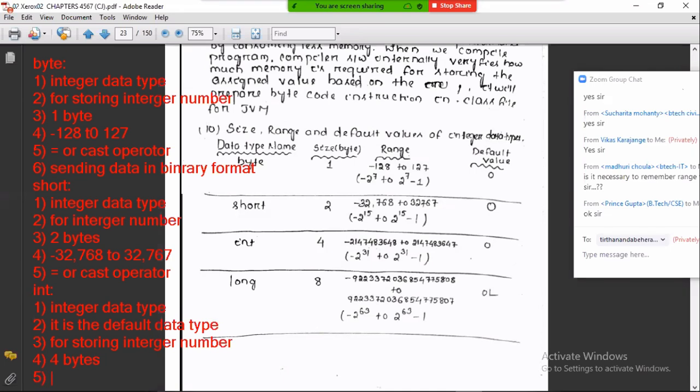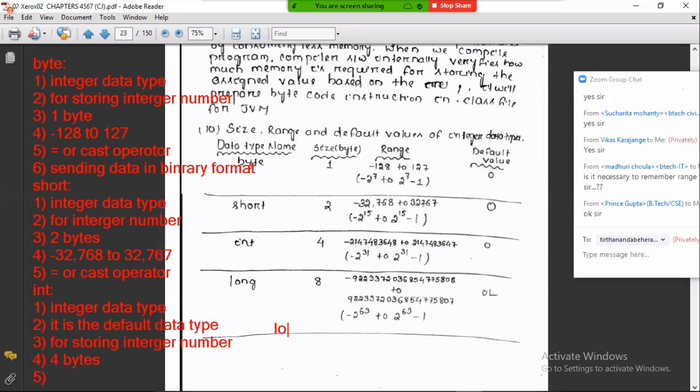Fifth, the range is big: minus 2147483648 to 2147483647, that is minus 2 power 31 to 2 power 31 minus 1. That minus 1 is on the upper end, not the lower. For storing any integer number, we will use the int data type only.